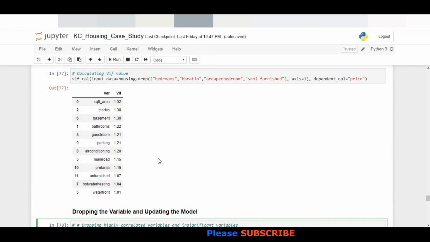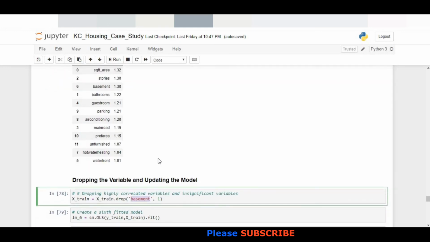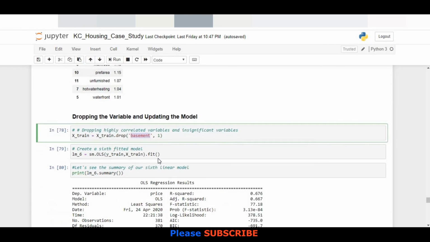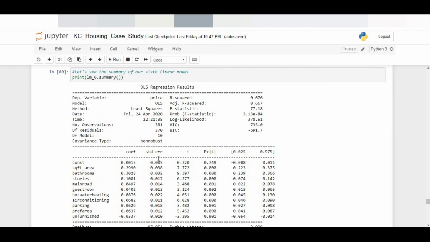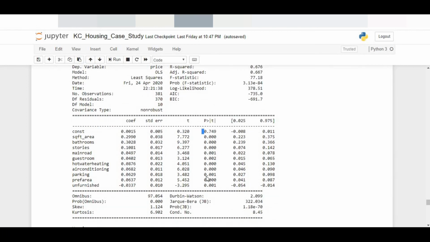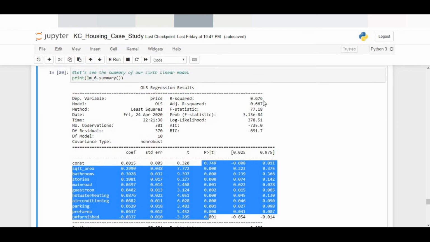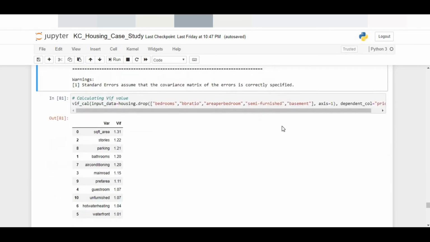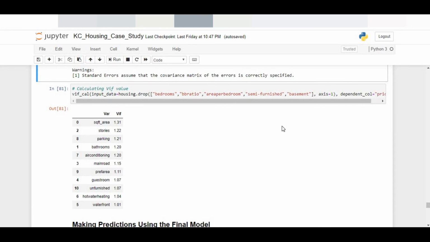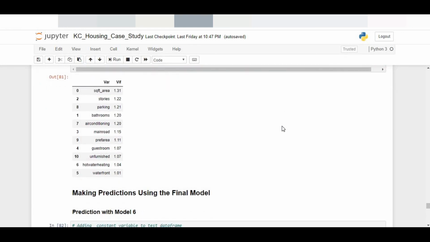This is completely out of my intuition, out of my knowledge of the data set. So I would like to drop that as well and see the behavior of my model. I drop that, and I still see pretty good p-values, the R square is still the same, not much difference, and the VIF is still the same. Okay, so I think I can live without that as well.